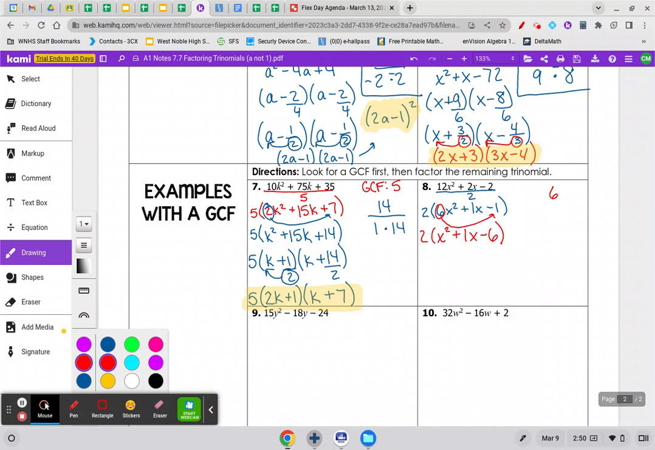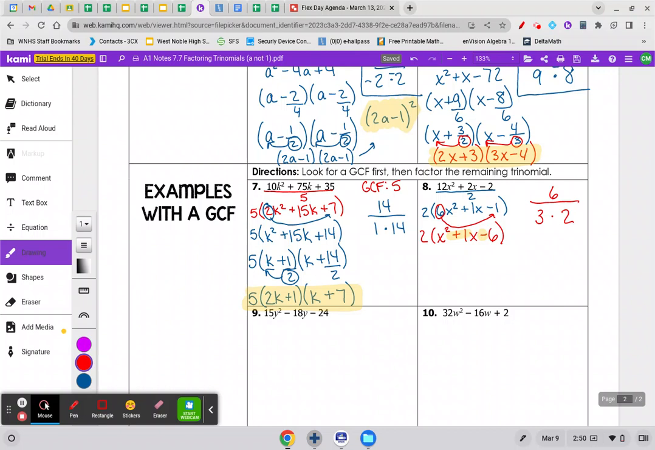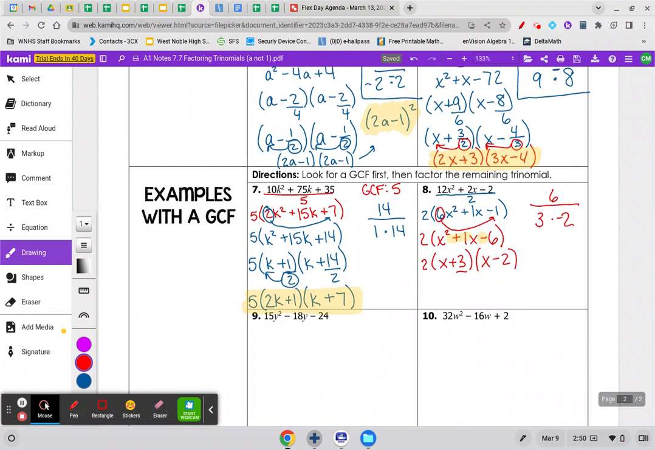The factors of 6 that will give me positive 1 are 3 and 2. They will be subtracting to a positive 1. That means the 2 has to be the negative term. So we have 2 parentheses, x plus 3, x minus 2. Because I did use the slip and slide method, I do need to slide the 6 under. I will reduce my fractions